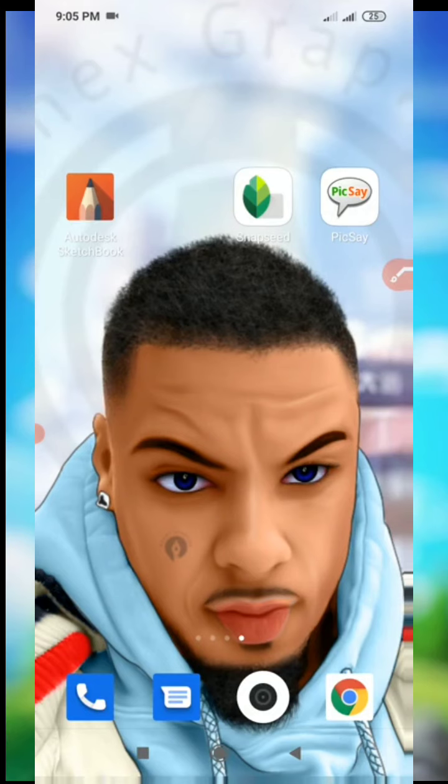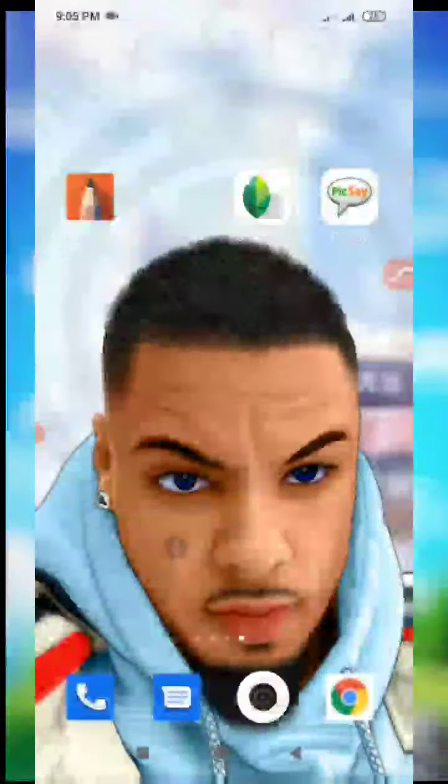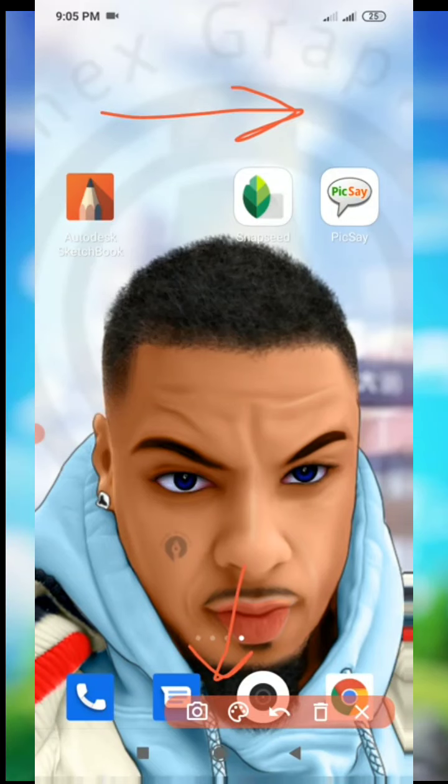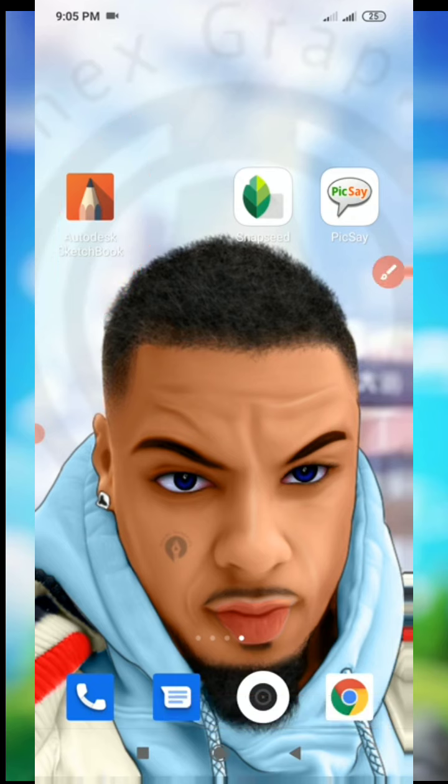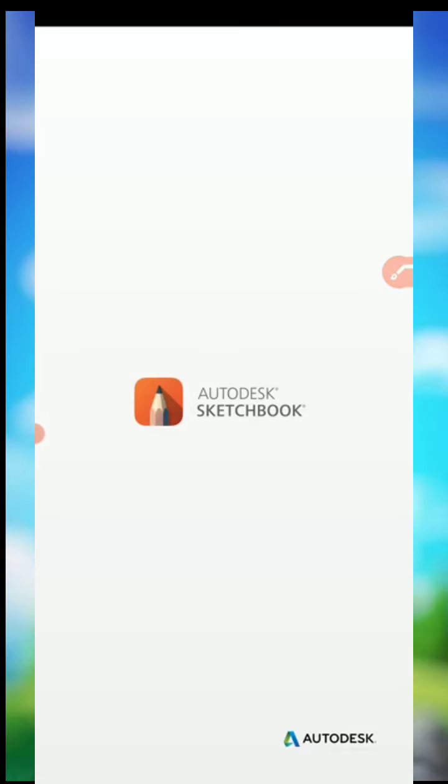Okay, now we'll be moving straight to our Autodesk discussion. This is the app I'm talking about over here. Alright, so let's get started. Just launch the app, click on it, and as soon as you click on it,